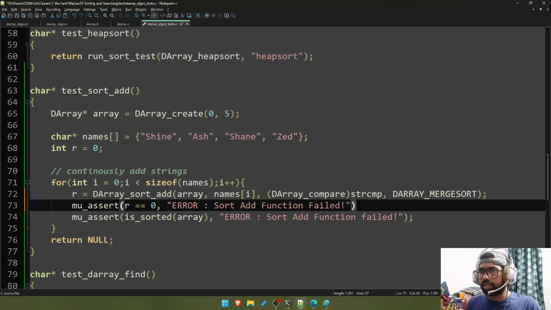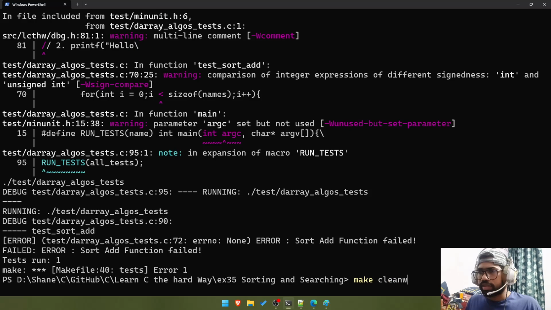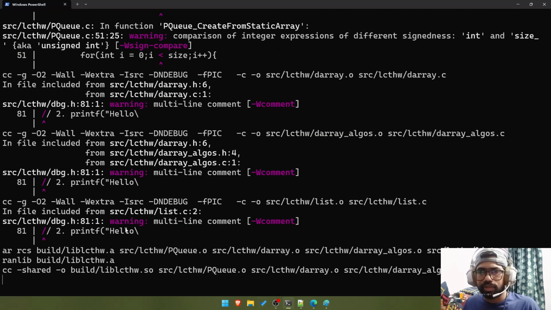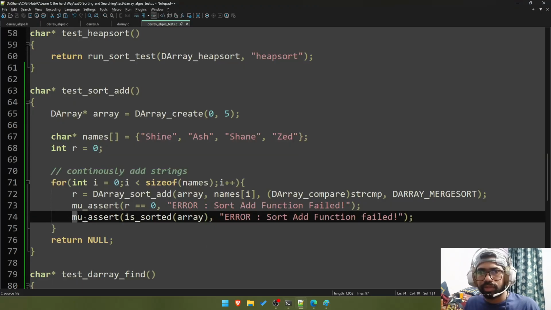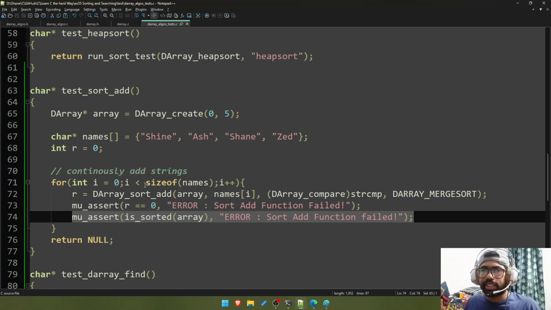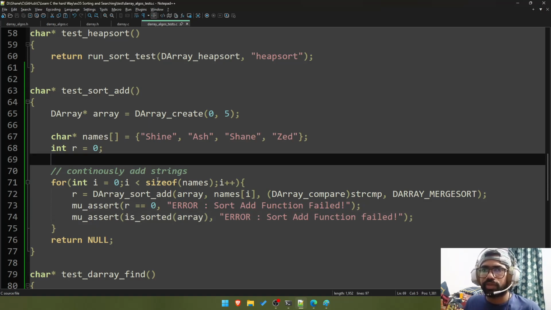But I'll know when it fails. So let's see if it is 74. Okay, so a sorted array, it is giving quite